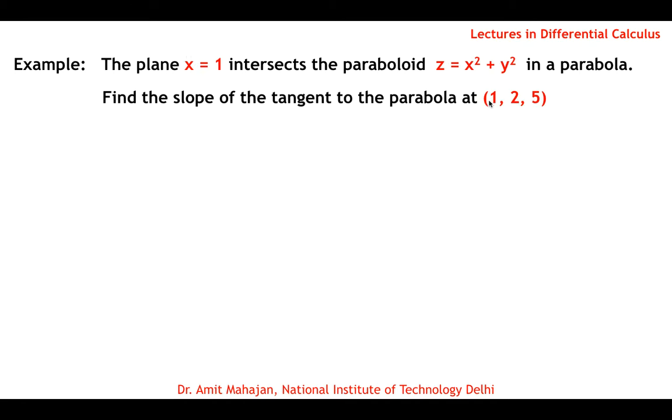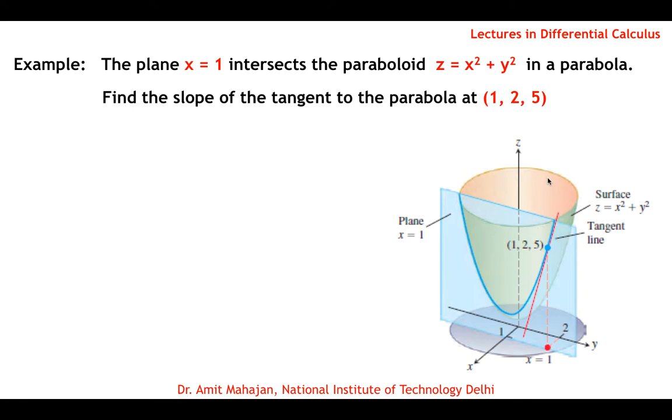Okay, x is 1, and it will also satisfy this because it is lying on this surface. So x is 1, y is 2, z is 5. Okay, satisfied. So this point is on the curve as well as the surface. Okay, and we have to calculate the slope of the tangent to the parabola, meaning this curve. So when x is fixed, that means we have to find the derivative with respect to y at this point. Okay, so